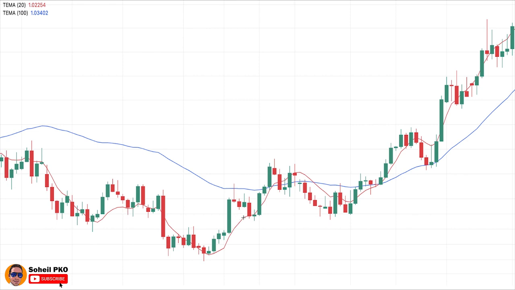As you probably know, the number of periods in a moving average has a direct impact on the amount of lag that the moving average has, and this is also true with TEMA. Generally, the more periods the TEMA has, the more lag we will have on the chart. For example, as you can see on this chart, a TEMA with length of 20 is moving very closely to the price and it is responding to the price changes very quickly at the turning point of the market, as